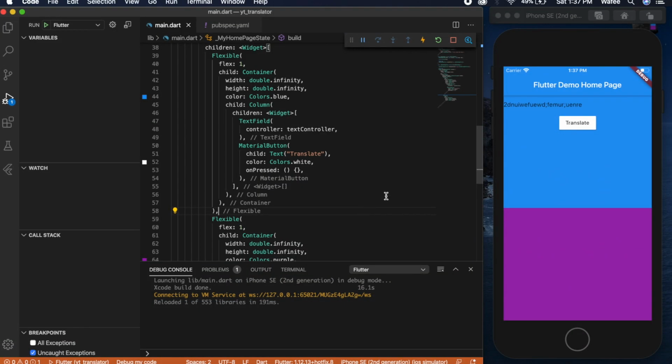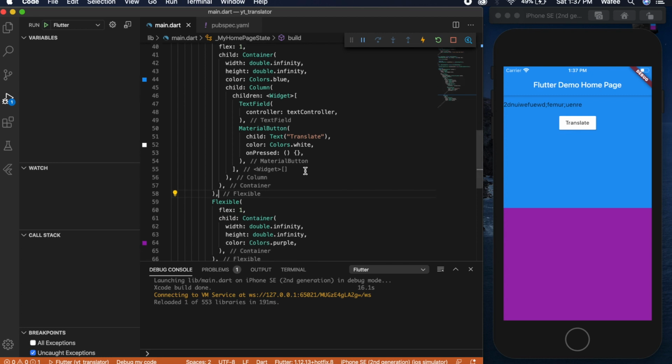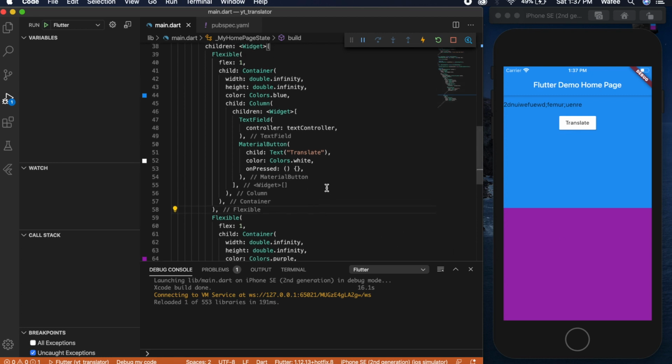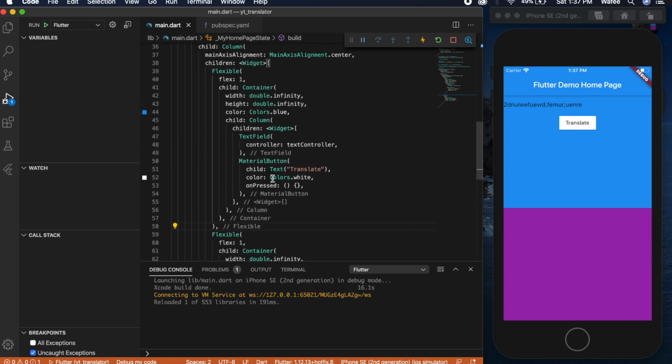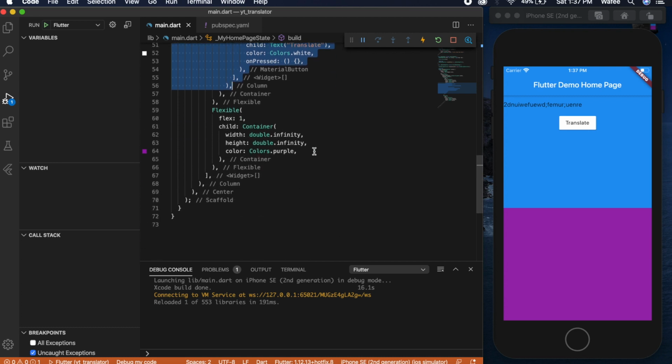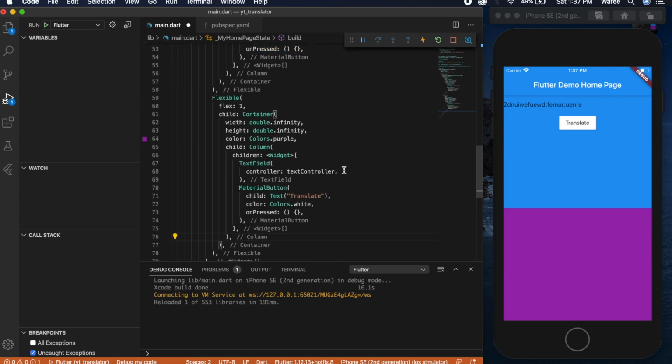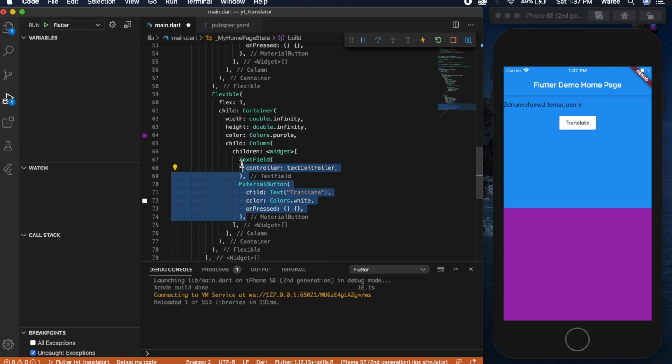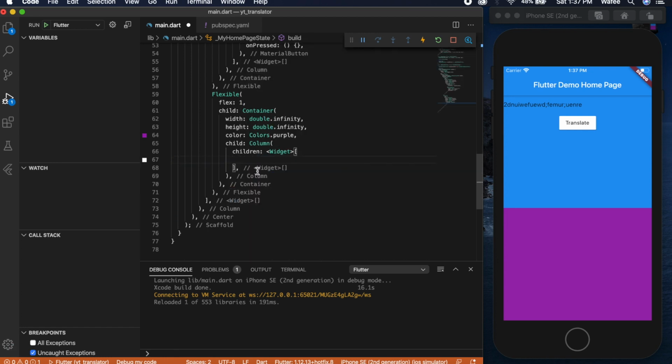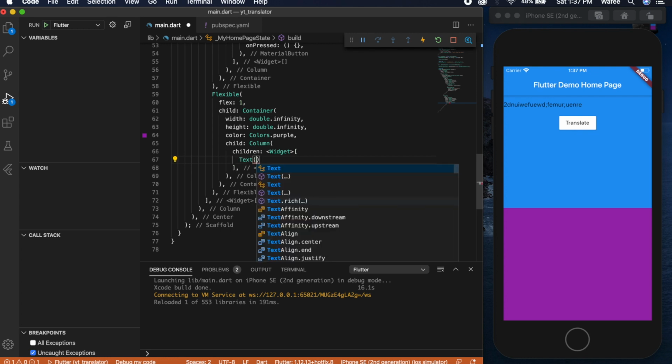Now that we have our first container set up, it's time to set up our second container, which is going to handle the translations. Just like the first container, we can copy all of this and paste it here. All we have to do is get rid of the text field and the material button. In this one, what we want is a text widget. We could put anything in here, so I'm just going to type in translation